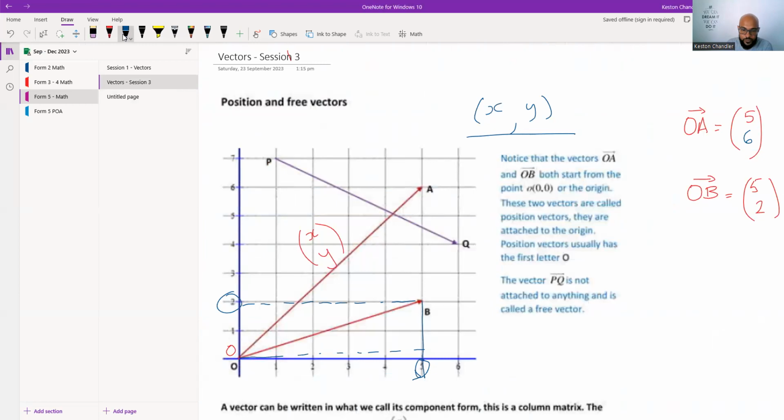But if I take the coordinates here, the coordinates of P is gonna be 1, 7. Right? And the coordinates of Q is gonna be 6, 4. Right? And we're going in that direction, P to Q. Right? What we could do is we could take our